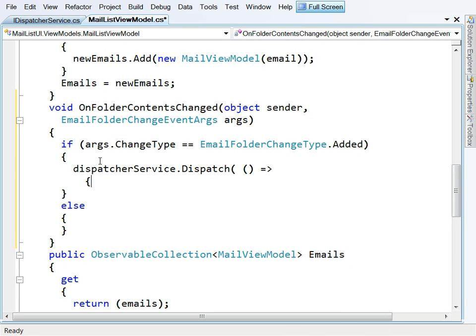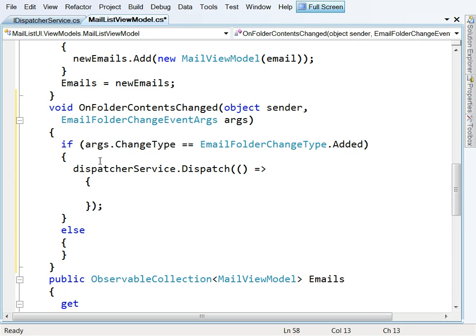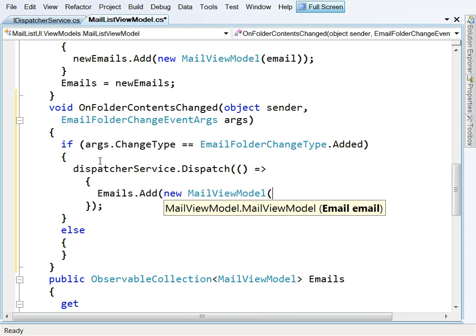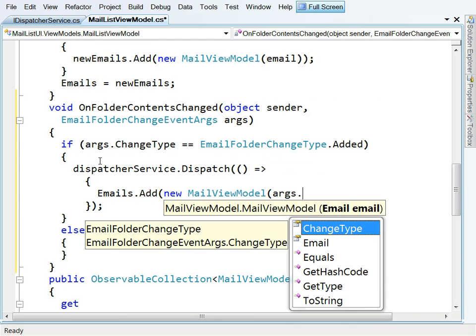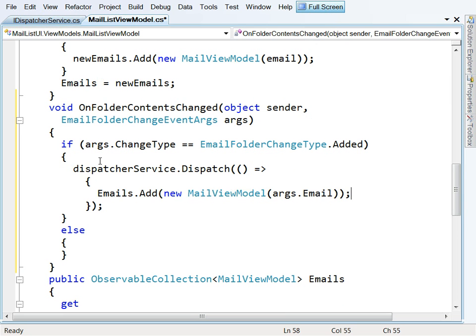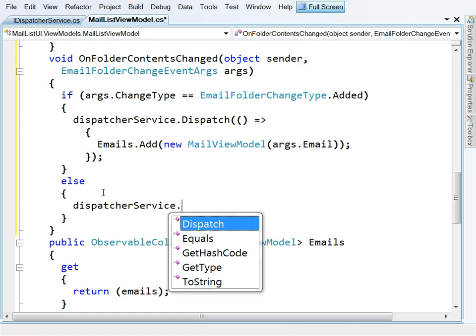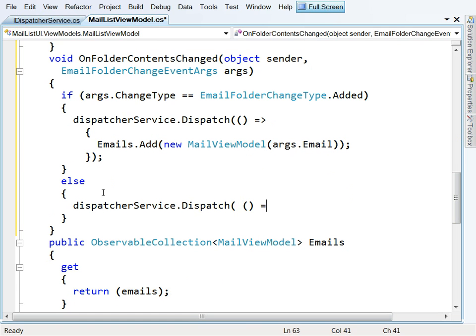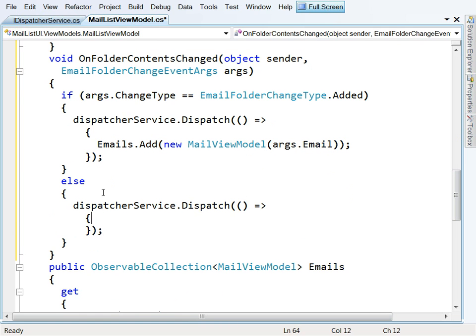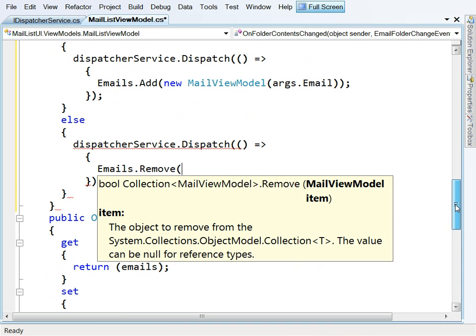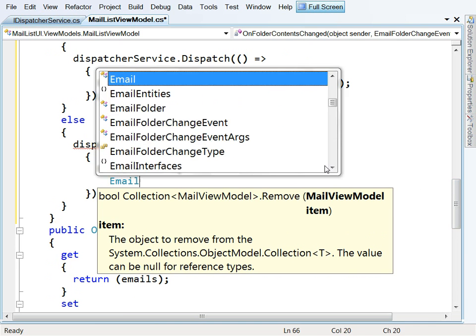new action, and that action is just going to say emails.Add, in this case, a new MailViewModel around the new email that has just arrived. And similarly down here, we're going to say dispatcherService.Dispatch for me, a new action, and what that's going to do is do emails.Remove. Now I actually have to find the right view model, so what we'll say is